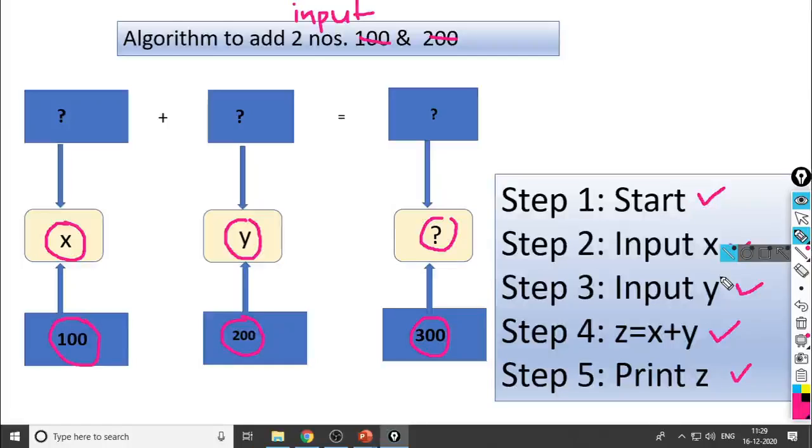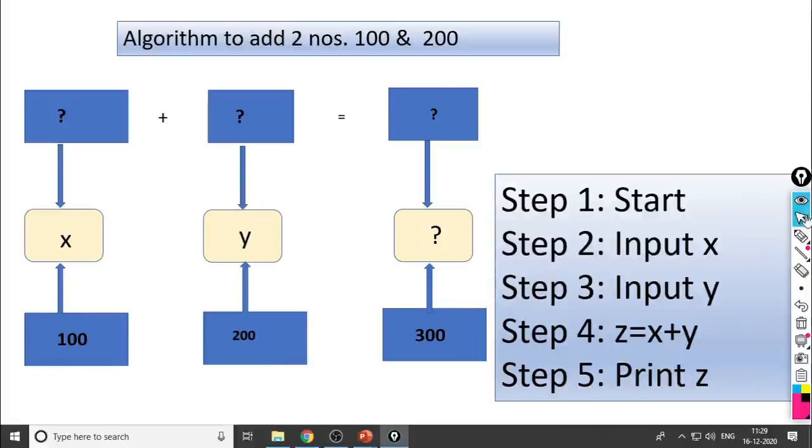Only two numbers, because the question is to perform addition of two numbers. So only two inputs are there, input x and input y. So this is the example to do addition of two numbers entered by the user.